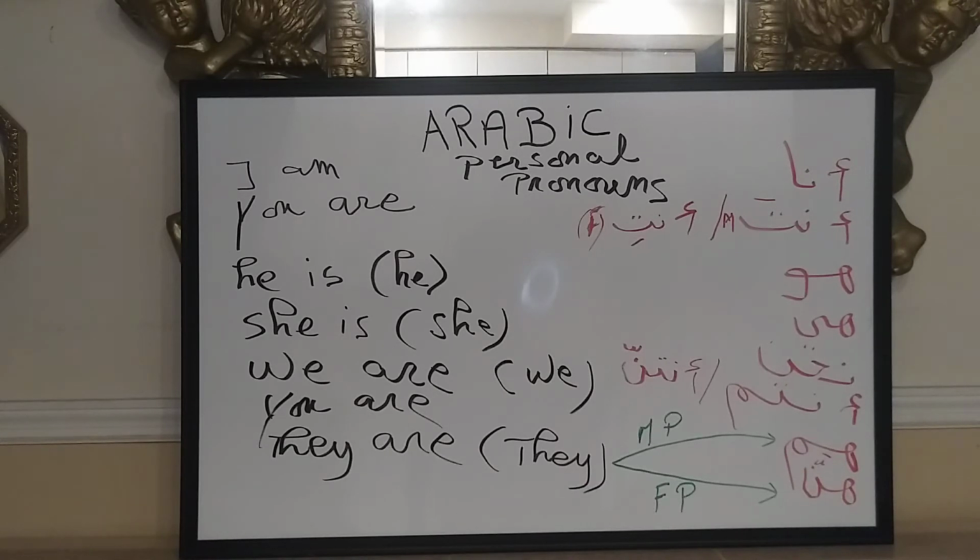So here we are going to start with this very first basic class in Arabic personal pronouns. So let's go ahead and get started. So I am, أنا, you are, أنت, and anti. Remember, in Arabic, just like French, there is a feminine version and a masculine version. If you are addressing a masculine entity, you will have to say anta, and if it's a female, it will be anti. Okay? He is huwa, she is hiya, we are nahnu,